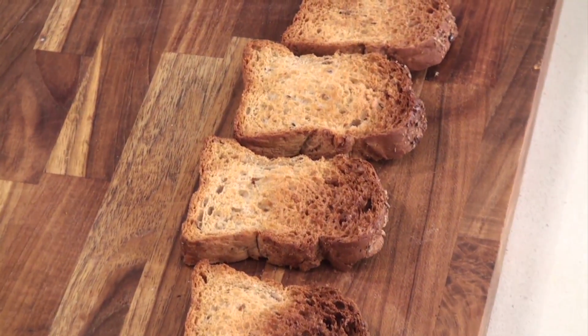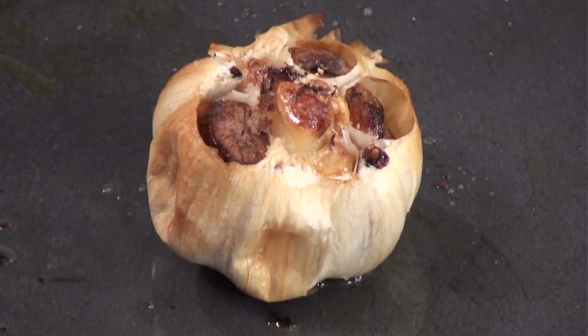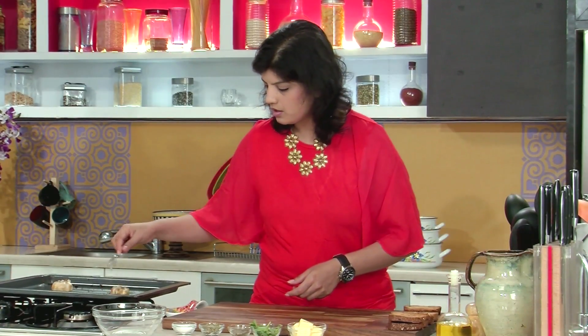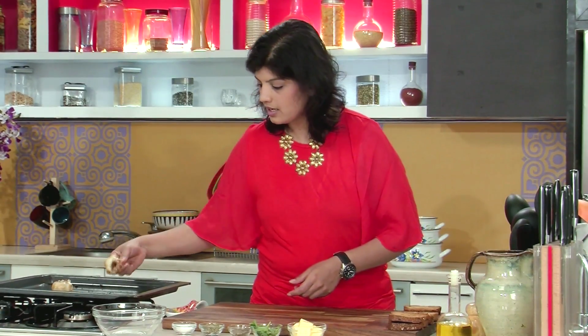Okay, so the bread got toasted much before the garlic got done. So what I did was, while the bread got this nice and crisp crust, I removed it out of the oven and I let the garlic roast in the oven till it went so soft. You see this? But it's really hot right now. So I'm going to keep the bread aside, and we'll take the garlic,